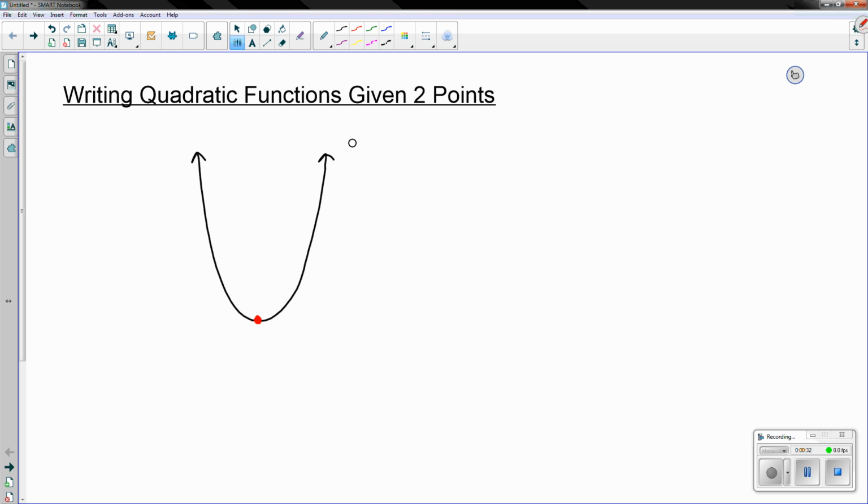Now, if I know where the vertex is, so I'll just plot some point here on my screen, and I've identified just some other point that this quadratic is going to pass through, then I know for sure that there's only one quadratic that could possibly pass through 2 points due to the symmetry of the parabola. So if I'm going to draw 1/2, because I know of the parabola extending from this vertex